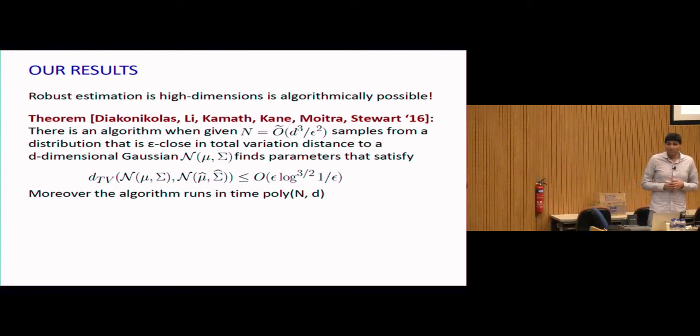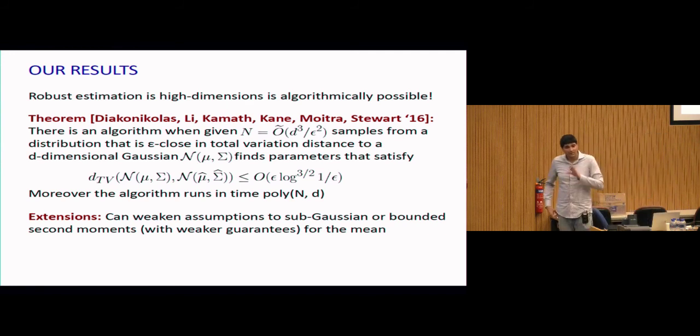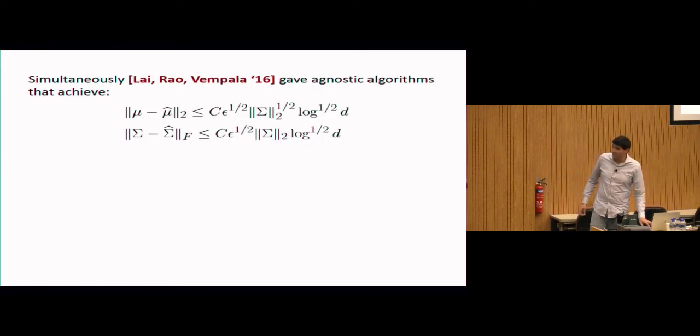So other than removing these polylog factors, this is the strongest possible guarantee you could hope for in these kinds of things. And one of the other things I want to mention, and this will come through when I tell you some of the details of the algorithm, is that you can actually extend all of these results to weaken the assumption. So it's actually not critical that it be Gaussian. It's just important that it have bounded moments. And whatever bounds on the moments you have translate into some types of robustness guarantees. So you can get things merely by knowing the distribution is sub-Gaussian, or even merely having bounded fourth order moments. But then you get things like epsilon to the 3/4 instead of epsilon times polylog 1 over epsilon.